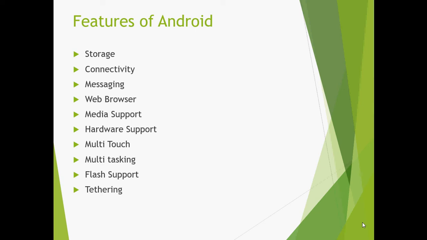So let's see what this Open Handset Alliance actually is. The Open Handset Alliance is a business alliance that was created for the purpose of developing open mobile device standards. It is a consortium of 84 firms to develop open standards for mobile devices. It was established on 5th November 2007 and led by Google with 34 members, which includes mobile handset makers, application developers, some mobile carriers, chip makers, semiconductor makers, and so on.